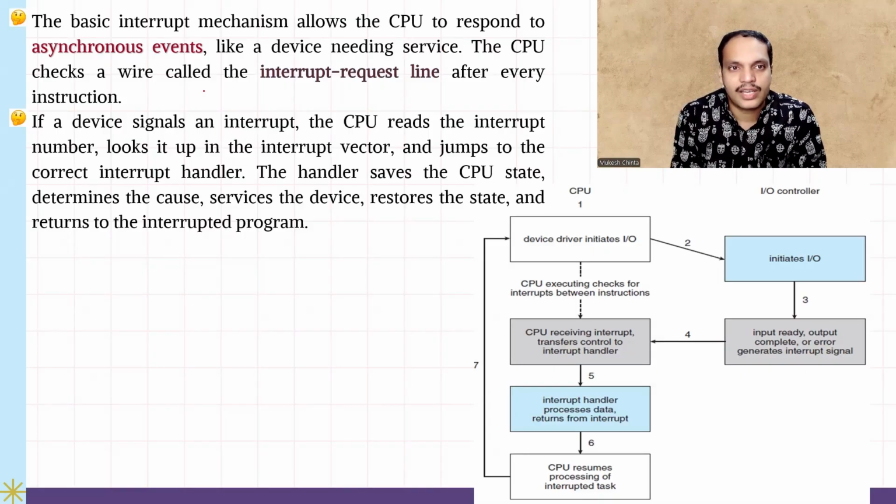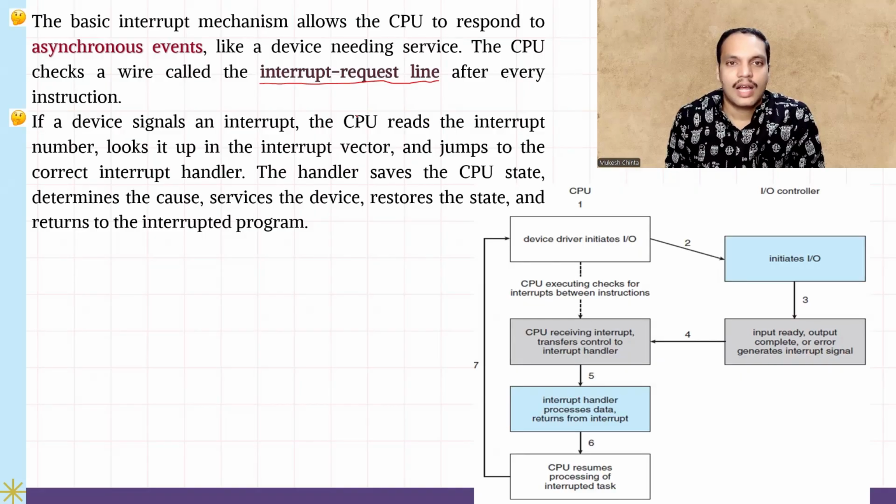The CPU checks a wire called the interrupt request line, IRL, after every instruction. Generally, IRL is assigned to one device. So that means each device will have its own IRL, and the CPU keeps checking these IRLs. In other words, an interrupt coming through IRL is someone just raising their hand saying that I need